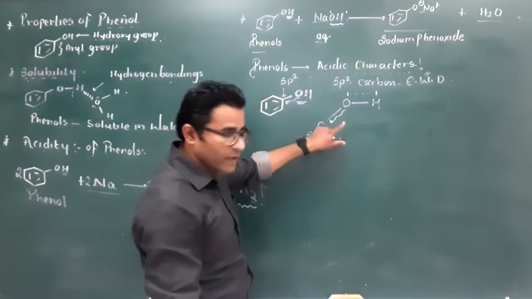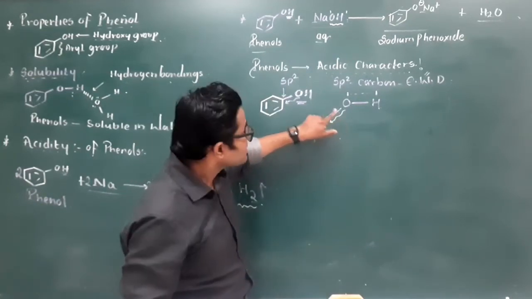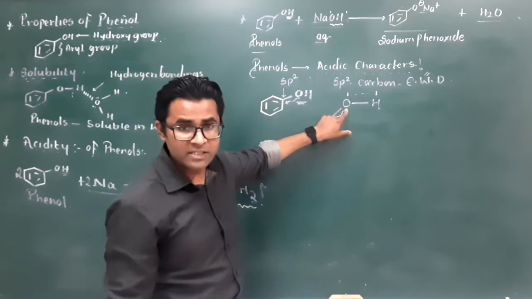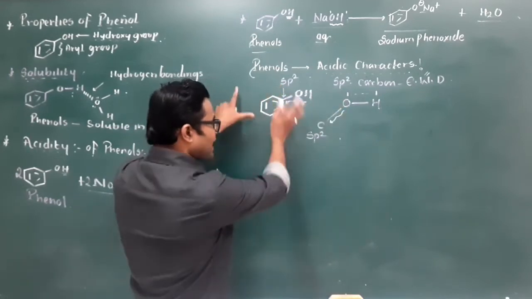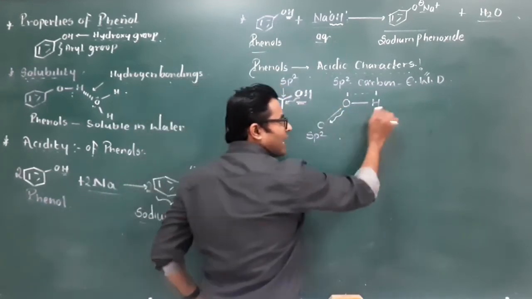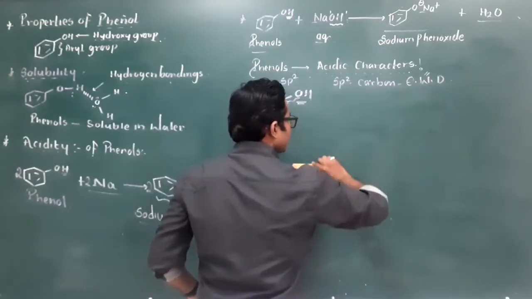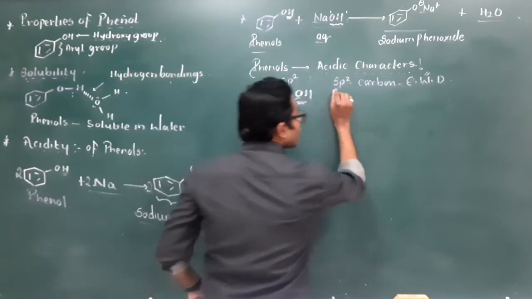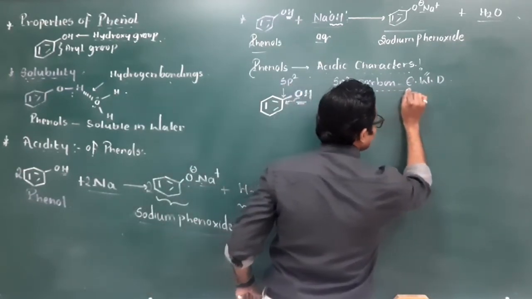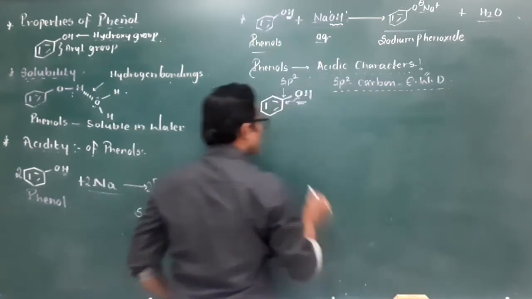As a result, it induces this oxygen to get ionized, and this entire thing is going to leave the hydrogen away. Thus, when we observe, because of the sp2 hybridized carbon which acts as an electron withdrawing group,